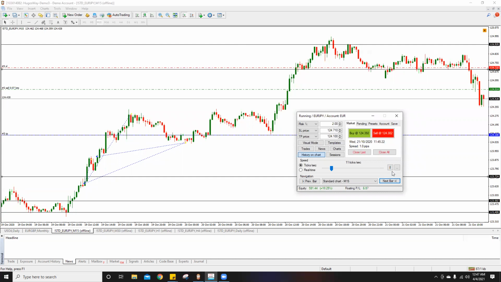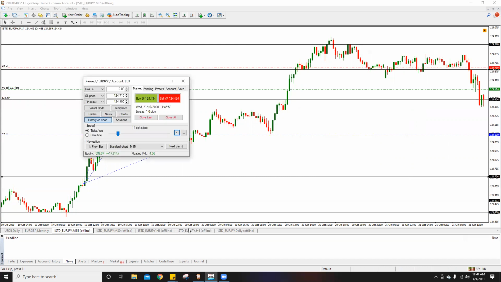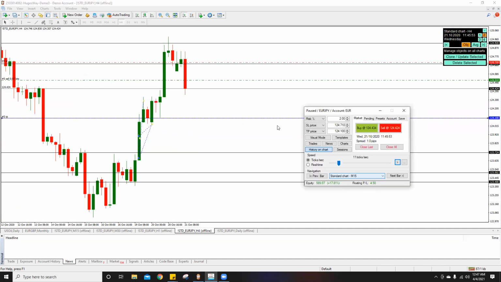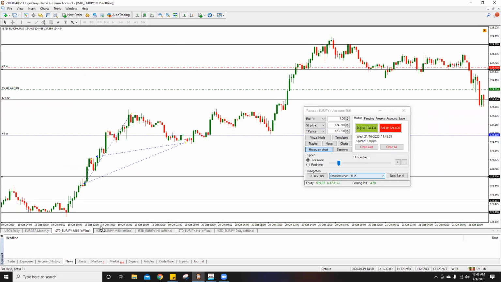The price continuing bearish. Now here you have another break and retest. So again, as price continues down, now at this point, I would look to obviously look for some lower TP levels. So now let's say looking at 4-hour time frame, we could essentially target 124 or 123, let's say 700. So now 1% risk with 123.700,